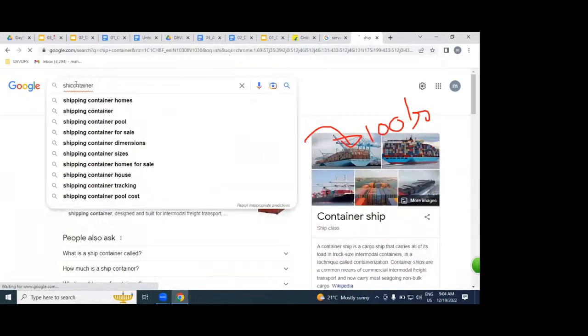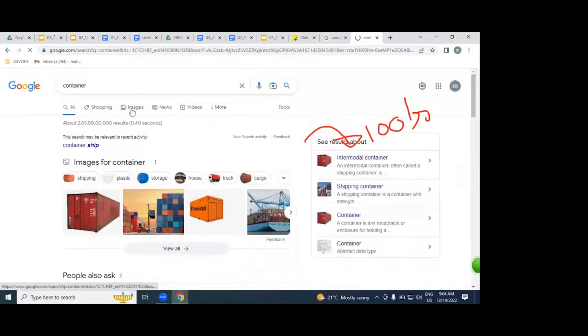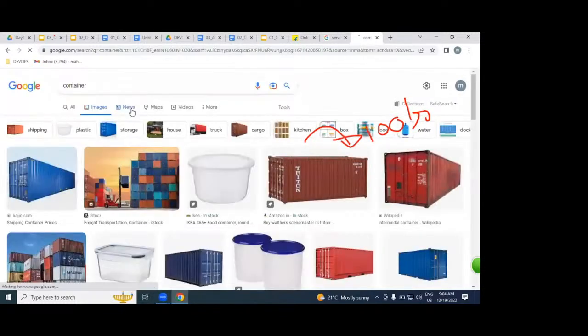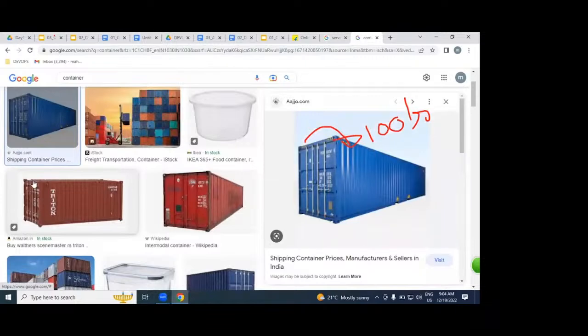So, container. Have you seen this container in your lifetime? I think you would have seen this physically somewhere on roads. You can see this type of containers. How exactly does this container work? Docker containers are the same. By using this container, we can transport goods via sea, but by using our container, we can deploy our applications, meaning websites. That is the only difference. Otherwise it is the same, no difference.